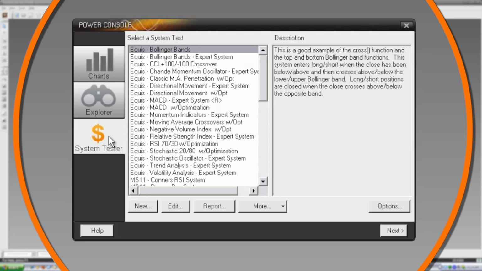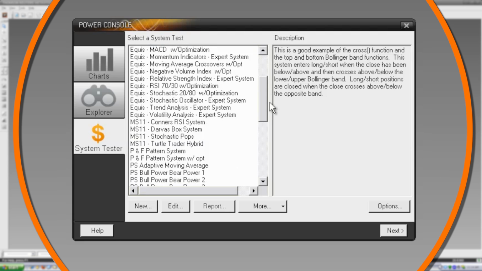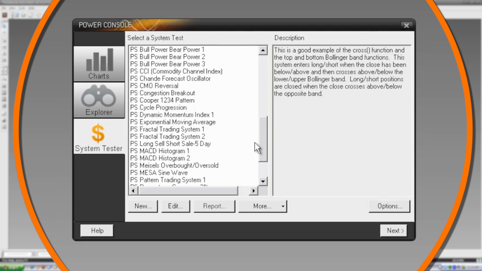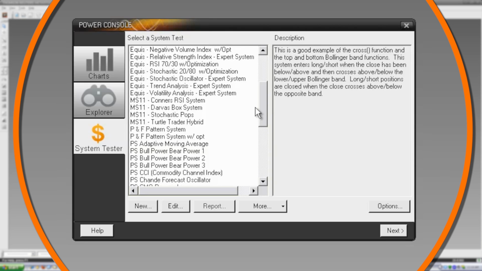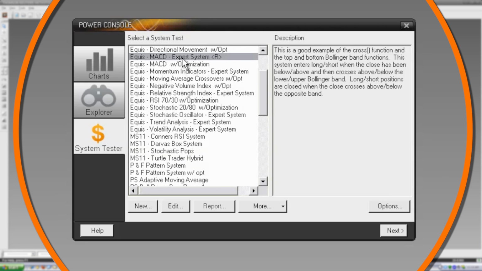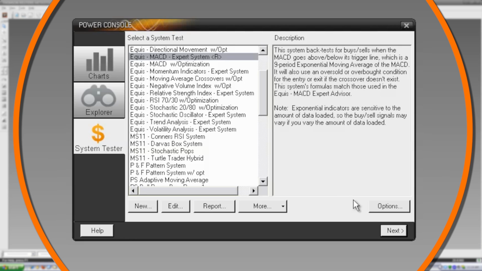If one has performed well, it may be better to trade that one versus something that has performed poorly over time. So since we looked for a MACD buy signal, we want to test the MACD to understand if it's worked well on the MACD. So we're going to look for the MACD system. We'll highlight that, select Next,